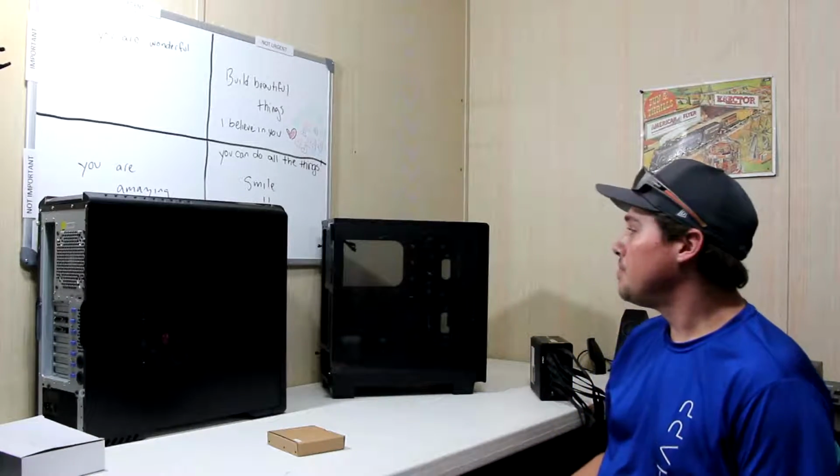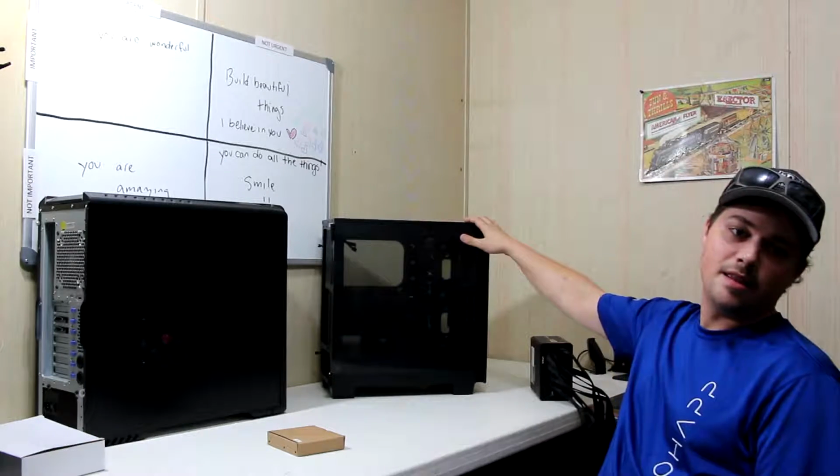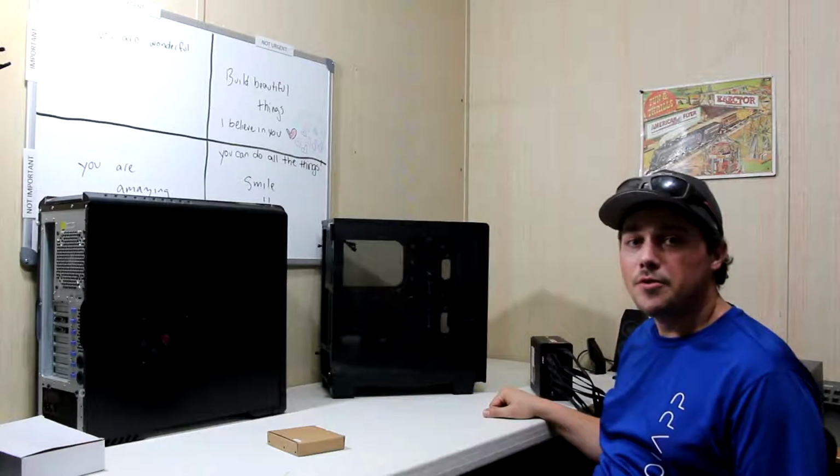Alright, I'm super stoked to get this build going. So this is the new case. This is the Corsair 400C, and if you want to know the reason why I bought it,